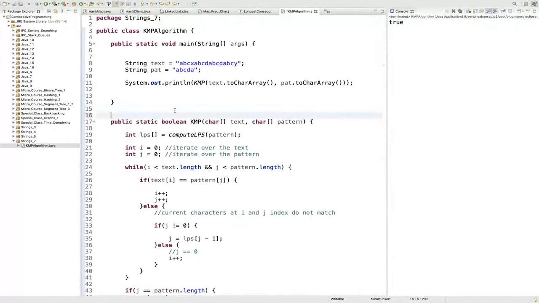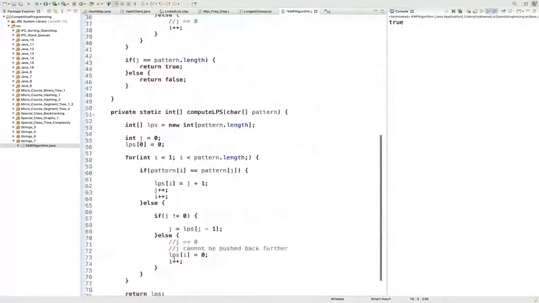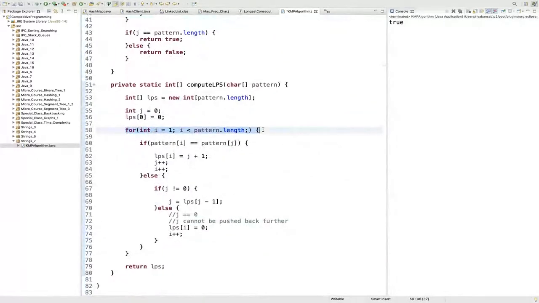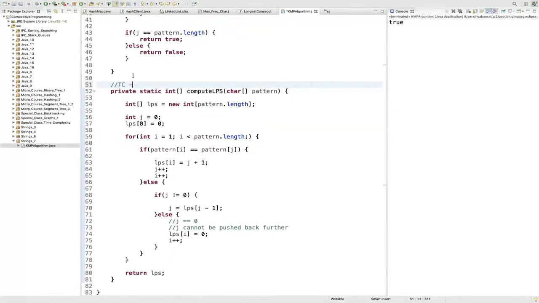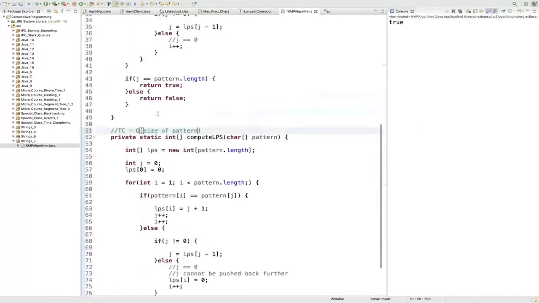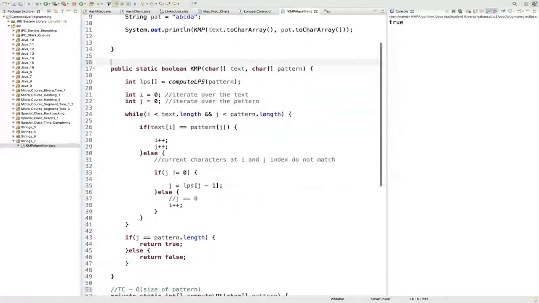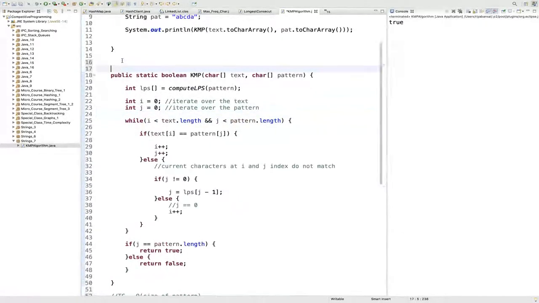Now, just to take a look here at the time complexity, right? You can see here that simply there is a string, and we have a pointer i which is iterating over the whole pattern. So here the time complexity to calculate this will be O of size of pattern, right? And here, since we are iterating both the pointers over the text and the pattern, here the complexity